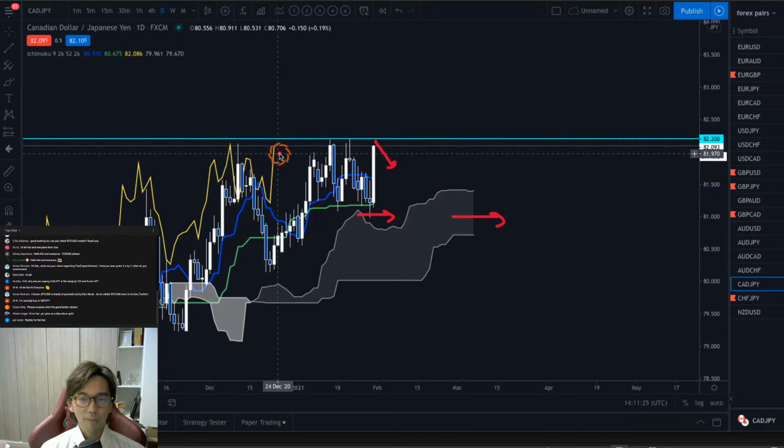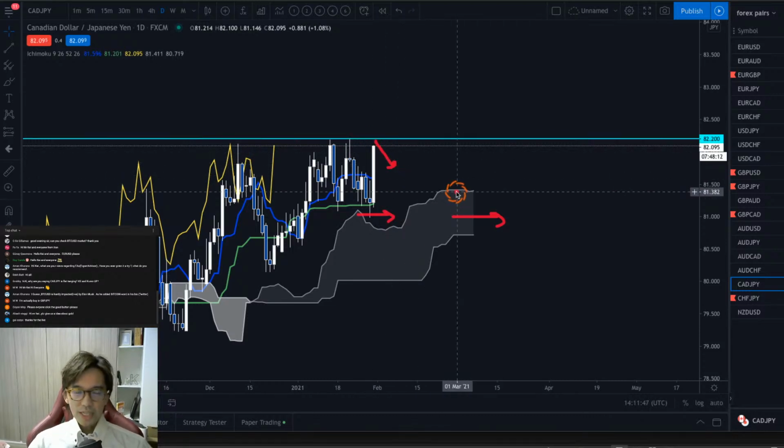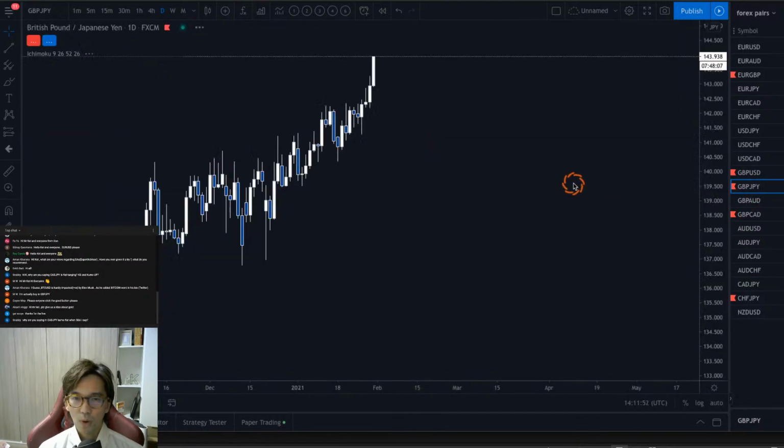And a Chikou span breakout is not really happening yet. Chikou span is still below the previous high. So that's why I'm not really looking for the buy chance on this one at the moment, because there's a chance that the market will be resisted at this top 82.2 level and goes backwards. So instead of looking at this ranging market, I prefer to look at the Pound JPY,